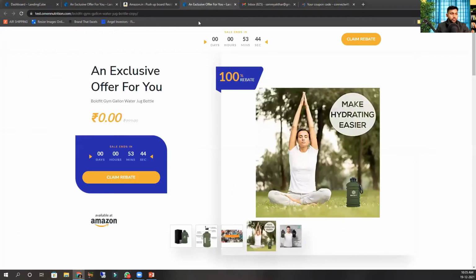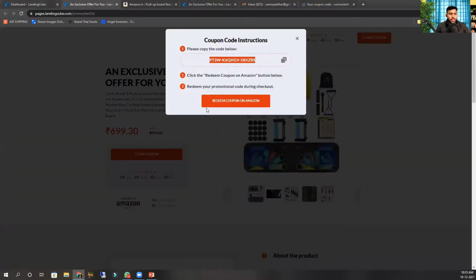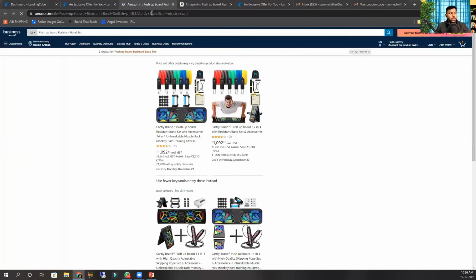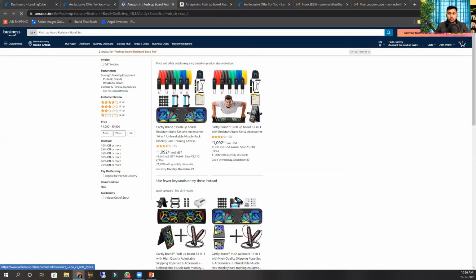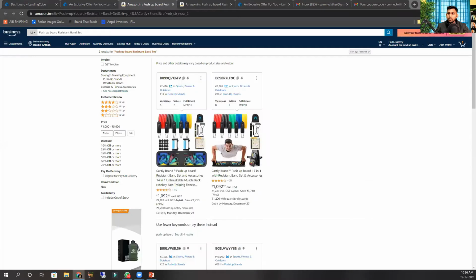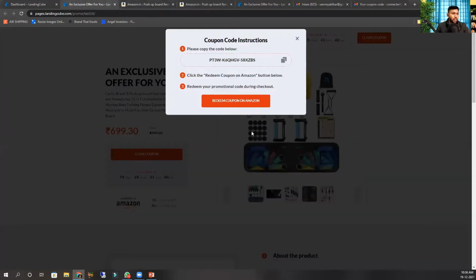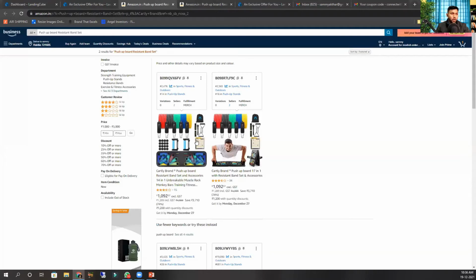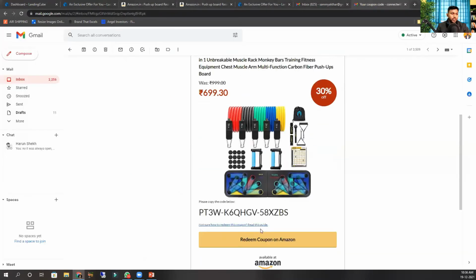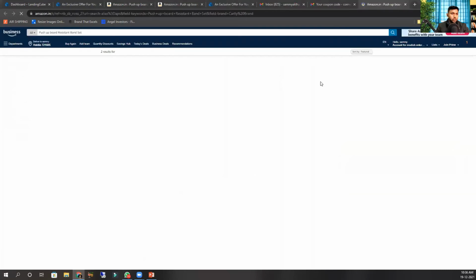Now we have done a few changes here. Once you click this redeem coupon code, you have to set the coupon code here. At the back end, I'll show you. Once I click the coupon code, the product appears. This is a two-step URL that we have used. I'll show you the backend as well. And then that goes and purchases a product. Two-step URL still works, and even the same link, when you click it, goes to the same website page.